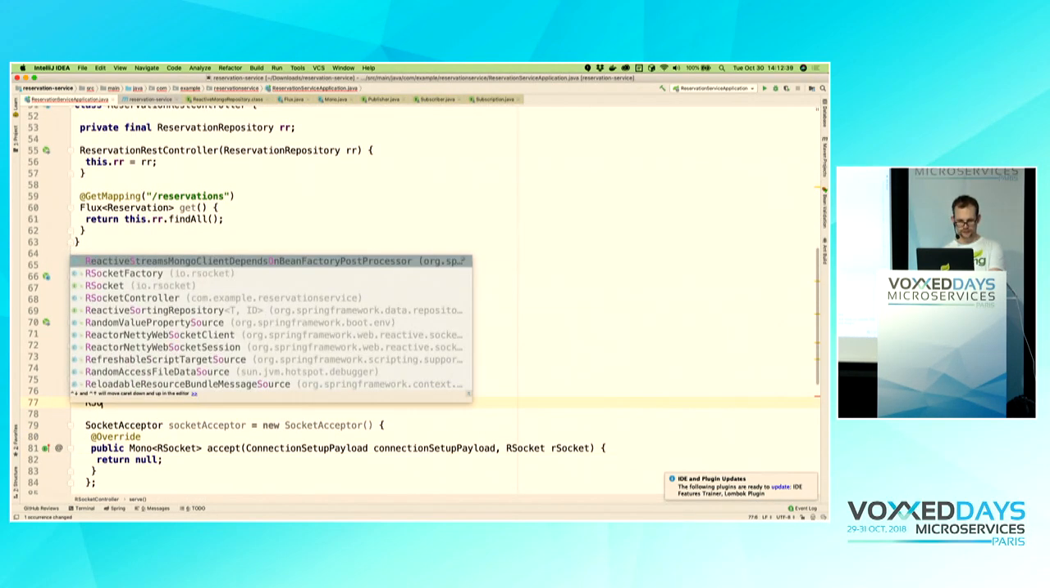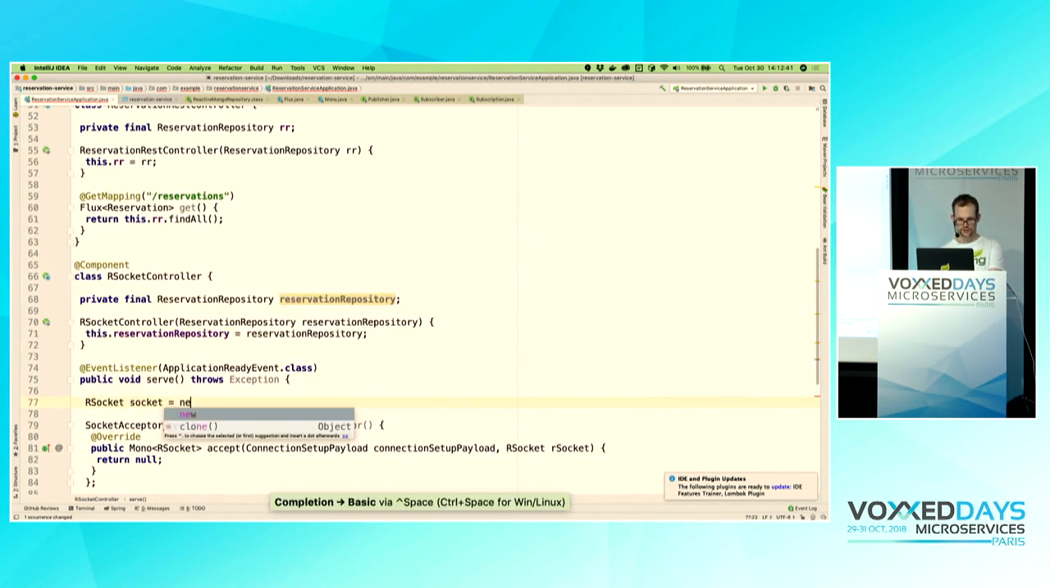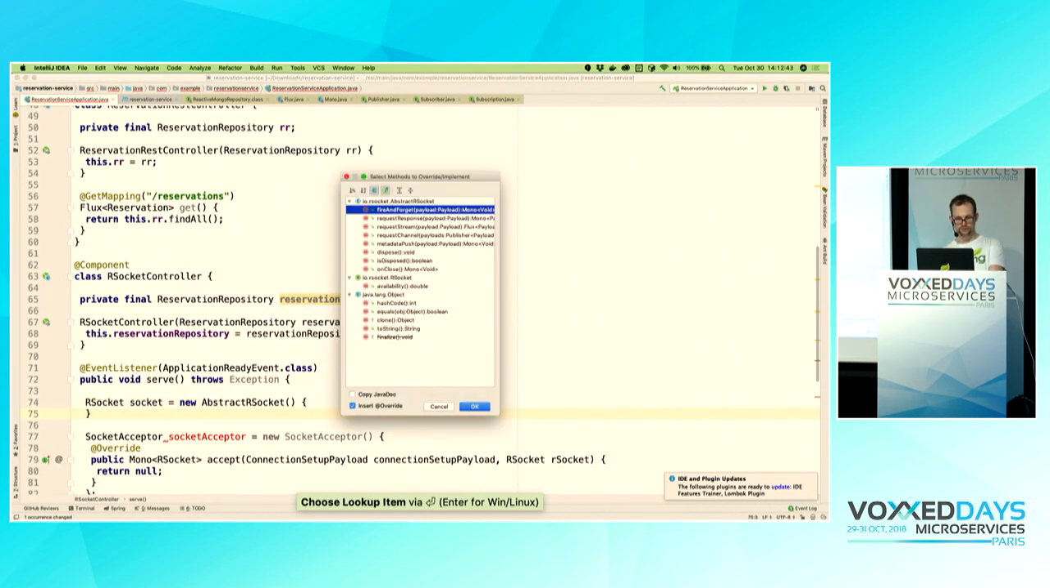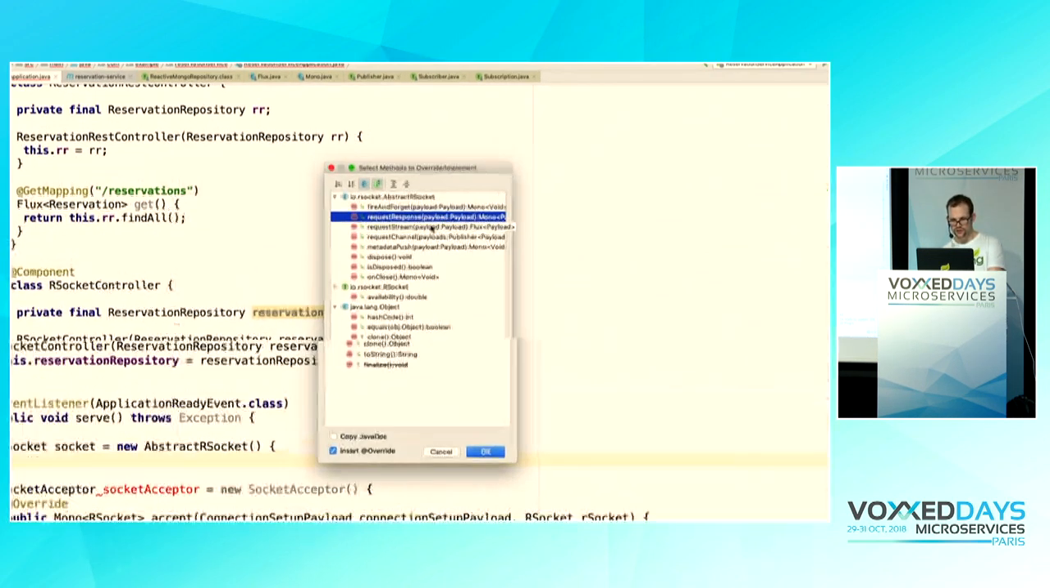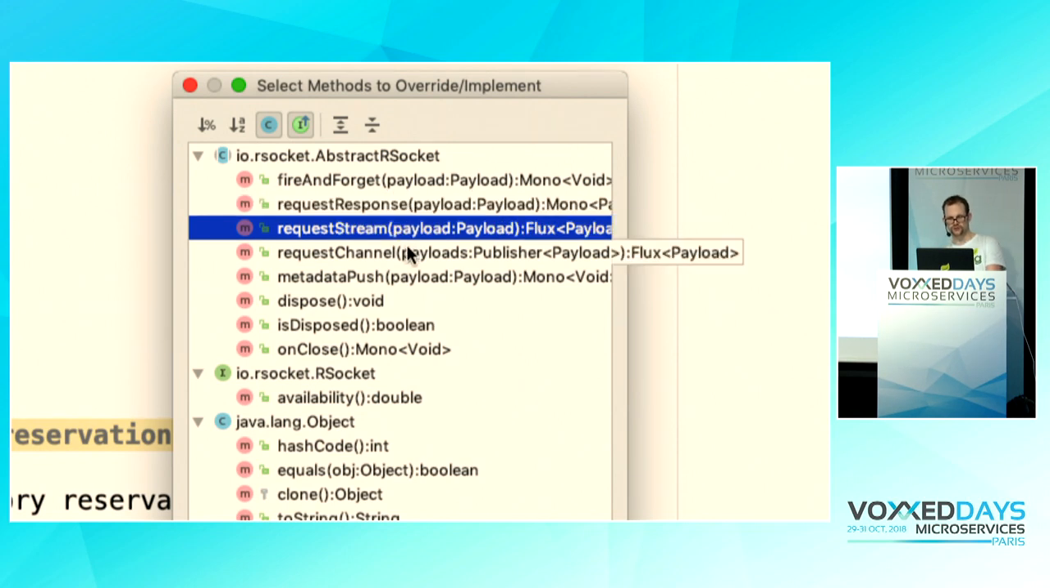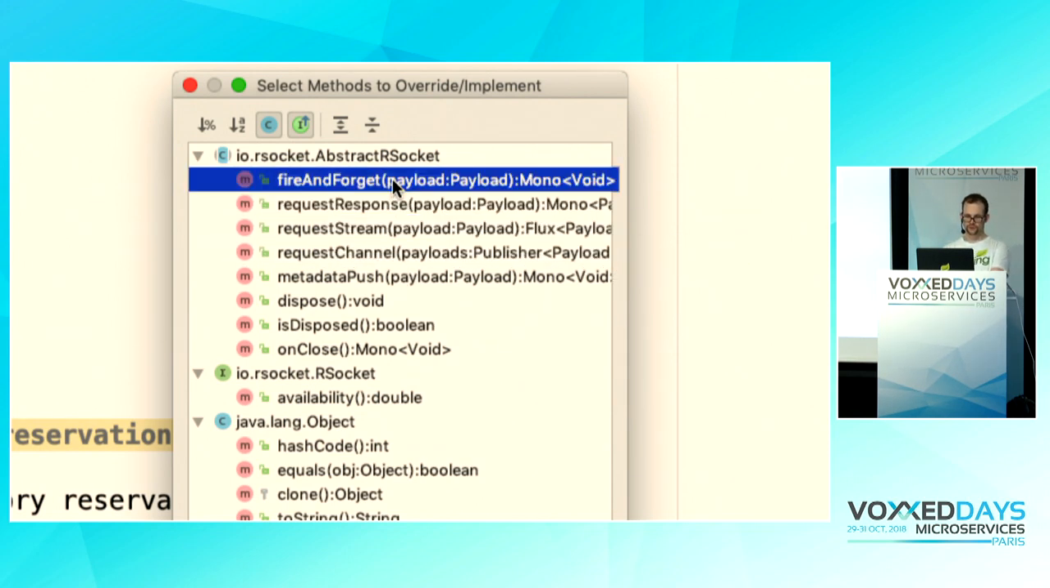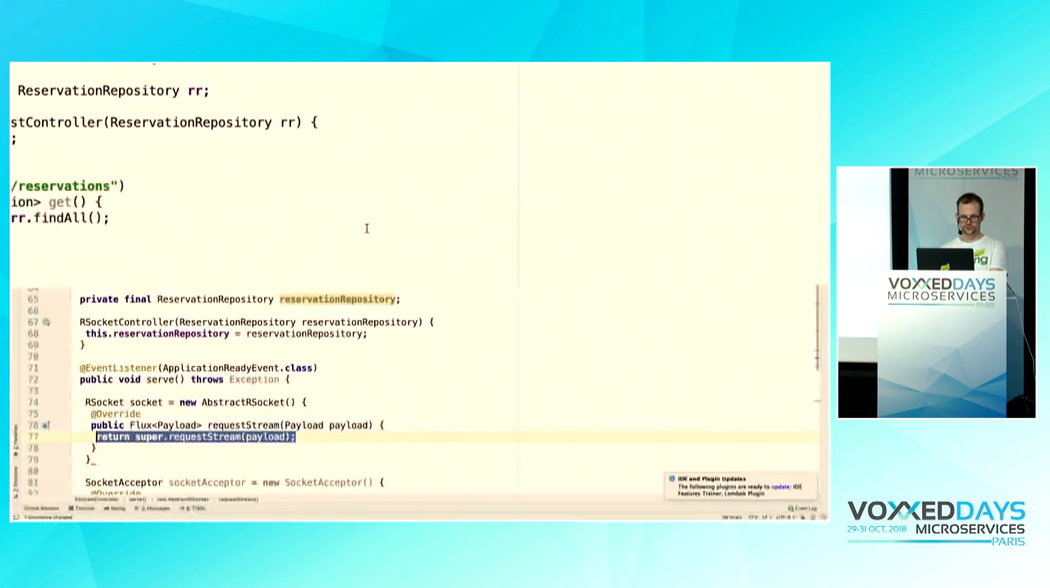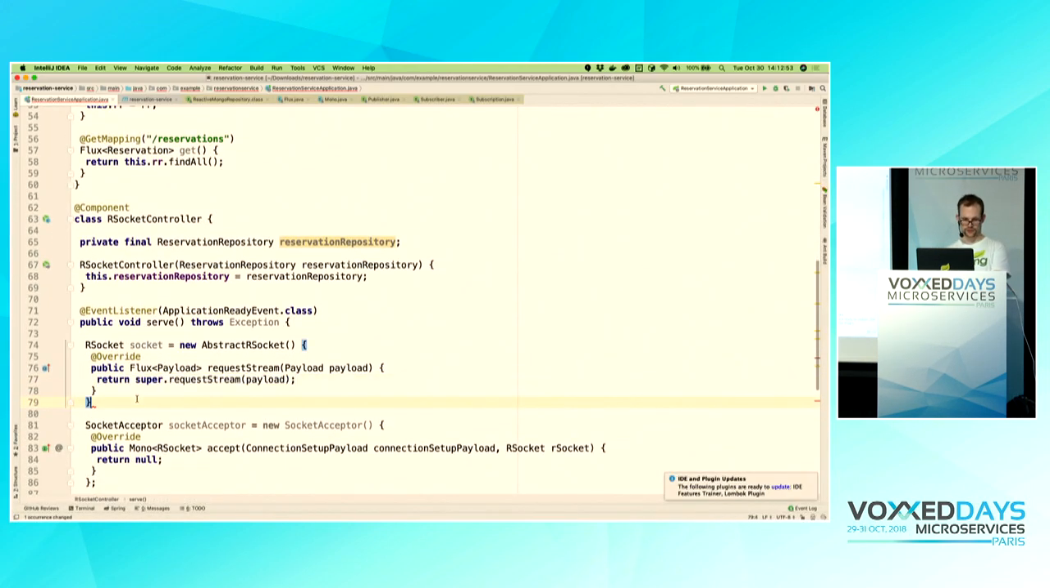So I'll do that here. RSocket, new abstract RSocket, and when we extend this, we're given several different methods: request response, request stream, request channel. We can do fire and forget, all sorts of things. What I want is a stream. I'm going to stream data backwards, okay? And with this, I will say